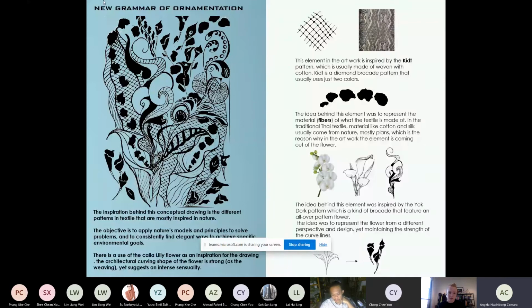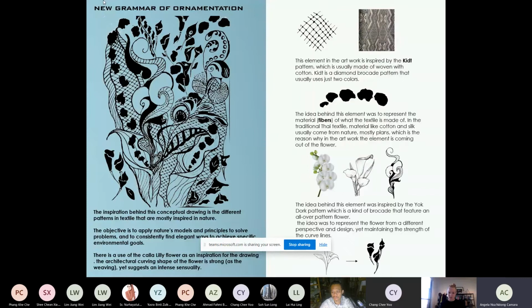The second element here is organic shapes that represent organic materials that are used for textile. As you know, textile is made of organic materials like cotton and things that come from nature. So I also try to implement that in my new grammar of ornamentation.